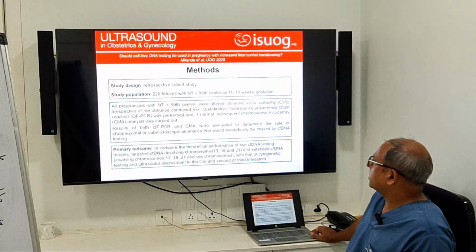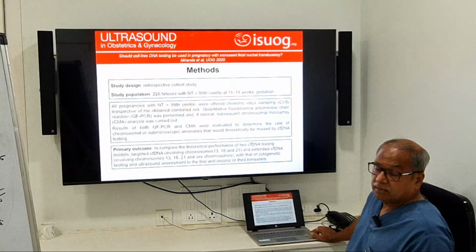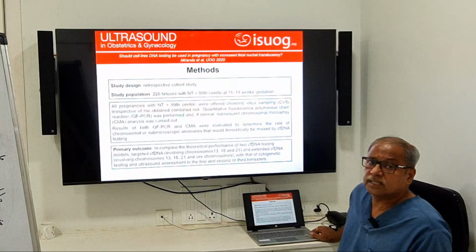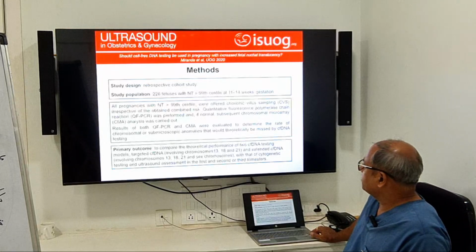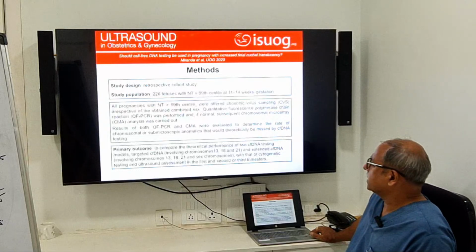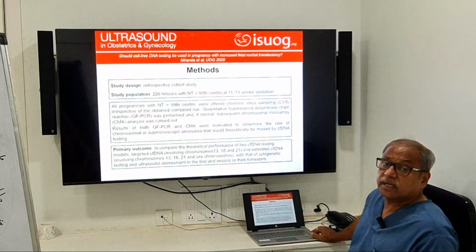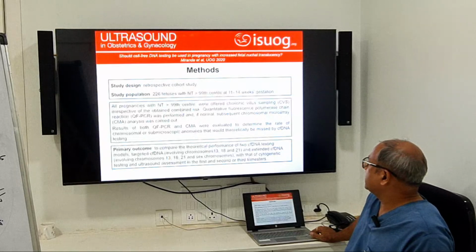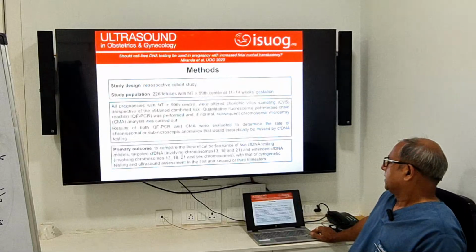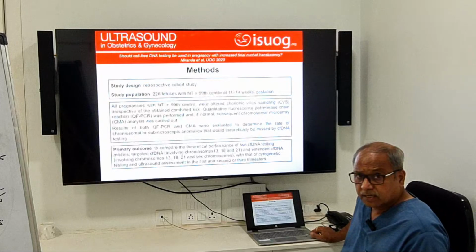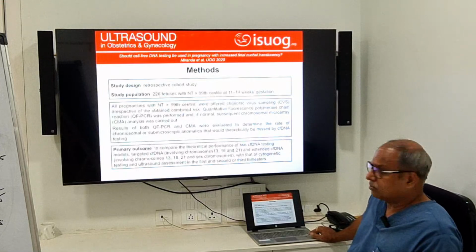and chromosomal microarray results were evaluated to determine the rate of chromosomal or submicroscopic anomalies that would theoretically be missed by cell-free DNA. It has been taken that cell-free DNA cannot detect all these things. The primary outcome was to compare the theoretical performance of two cell-free DNA testing models, targeted cell-free DNA involving 13, 18 and 21, and extended cell-free DNA, which we call advanced, involving 13, 18, 21 and sex chromosomes, with that of cytogenetic testing and ultrasound assessment in the first and second or third trimester. That means the patient has undergone confirmatory testing along with this, with cytogenetics, that is chromosomal analysis, and